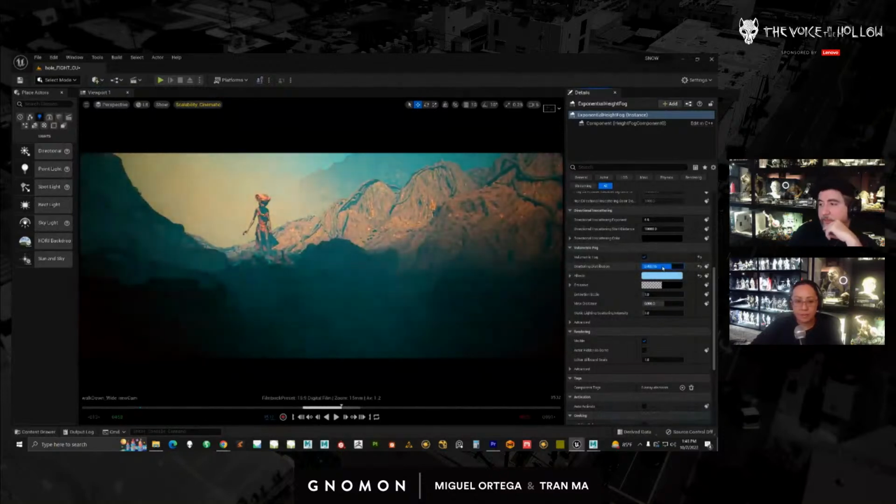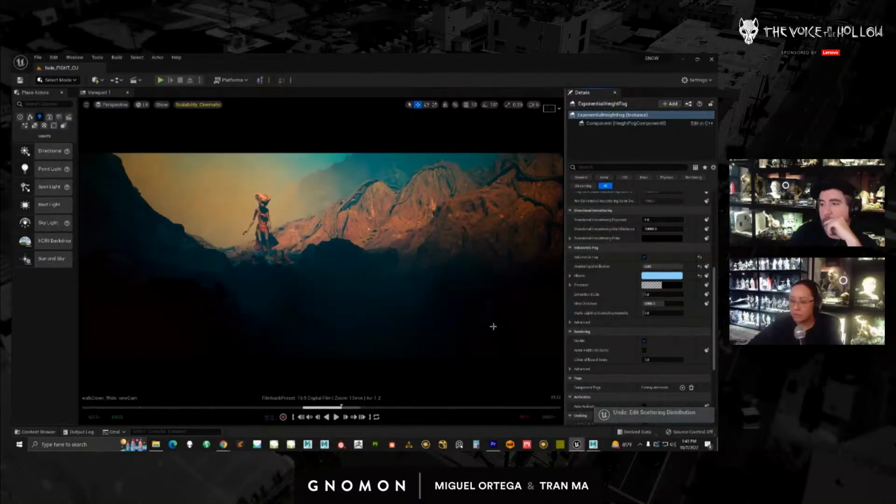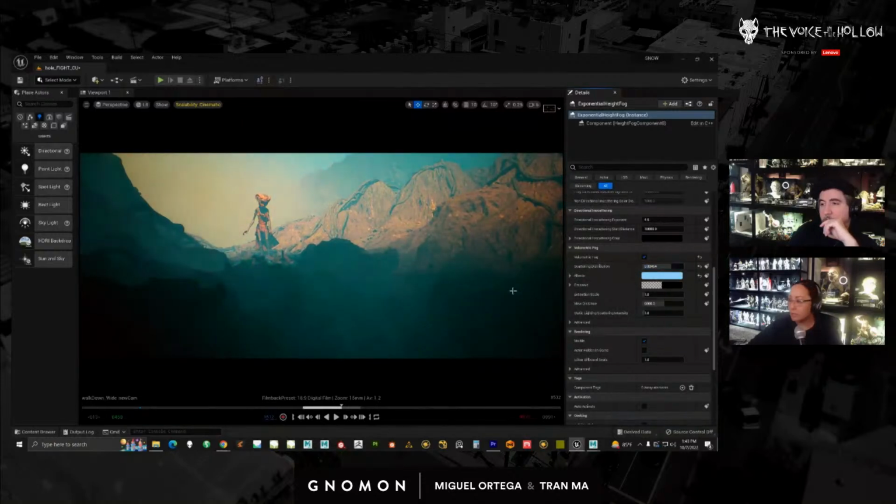It feels fake, right? So when I lower the fog scattering distribution, you can see it's more spread out, but it doesn't feel realistic or natural. It's lifting, it's giving me fog where I wouldn't really see it, right?